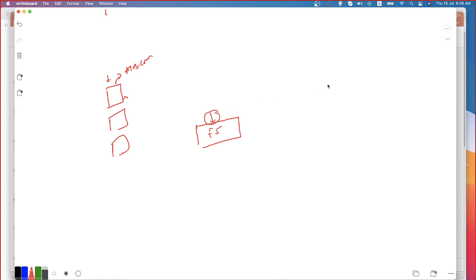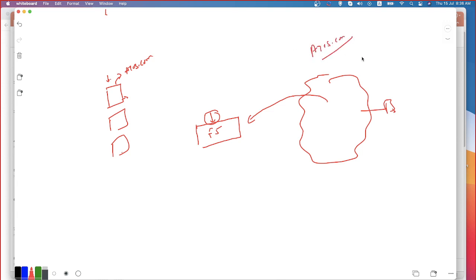Now what happens is, we have the external network from where the request can be received by FI. Now, to which of the IP would the people who got connected to the internet be sending the traffic? Let's assume that atos.com is the website these users are trying to access. This atos.com is going to be resolved to an IP address. That IP address would be a public IP address, and you will be able to reach that IP address over the internet. Somehow the packet will come to your FI.